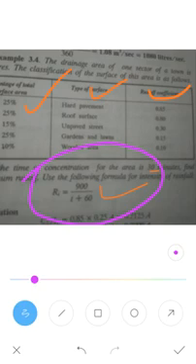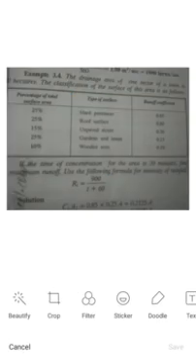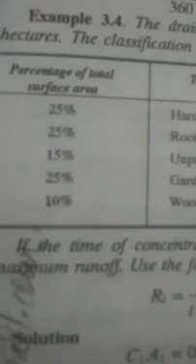So before calculating this you should know a few things. Here the runoff coefficient is given. Either they will give you the runoff coefficient, or they will give you impermeability coefficients. But the formula we used previously, you have to use the same formulas. So I'll show you the example, continuing this problem.